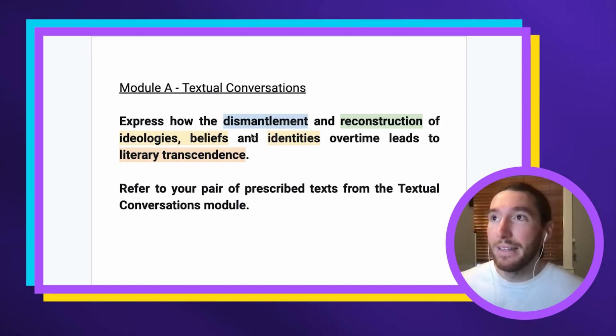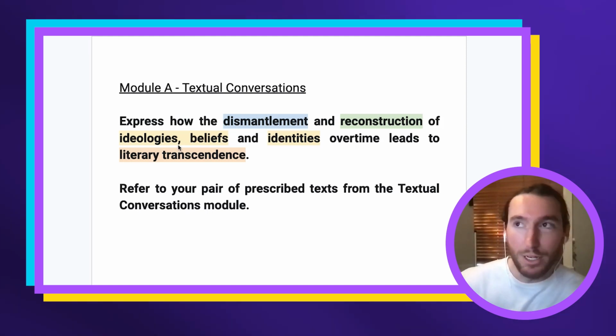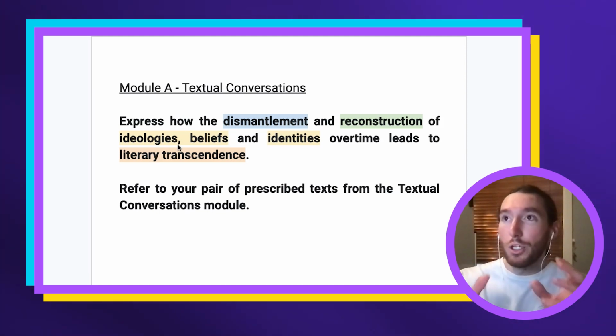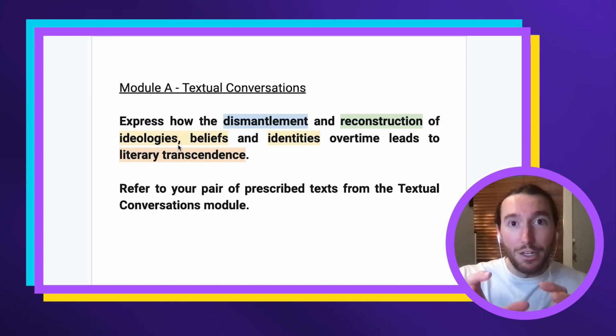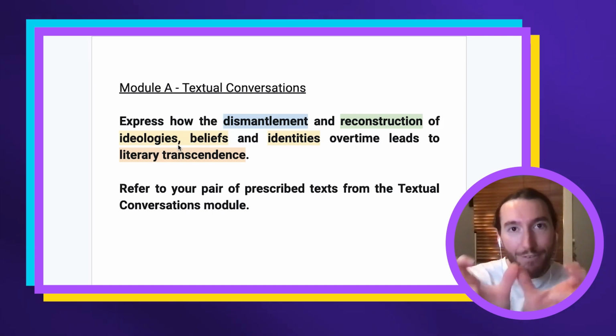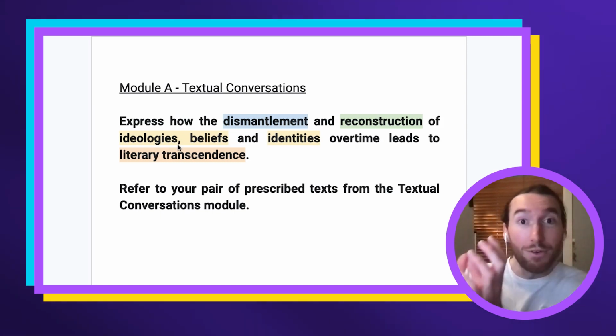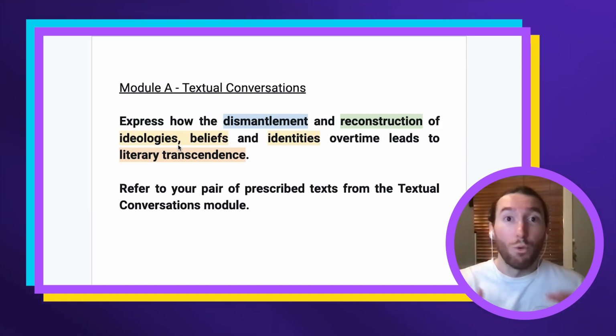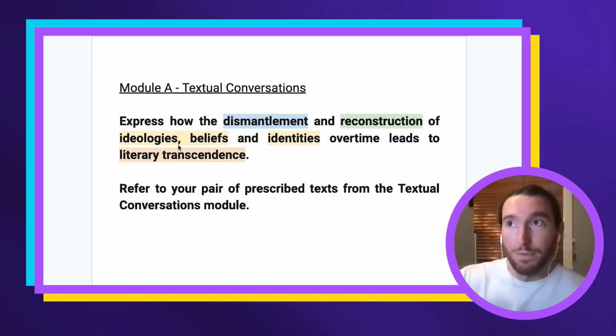Whenever you're provided a list of things in an essay question, your job is to distinguish between them. It's not to treat them all as one thing and use them as a collective. So nowhere in your essay should you say ideologies, beliefs, and identities. We should never see that phrase glued together. They're glued together in the question, and it's your job to break them apart and talk about what are the relevant ideologies, what are the relevant beliefs, what are the relevant identities, and perhaps how do those terms relate together?